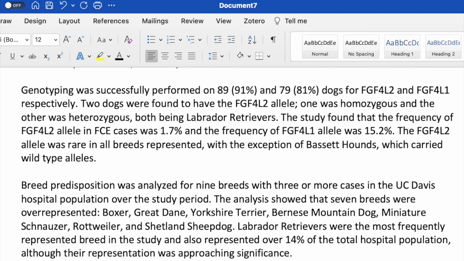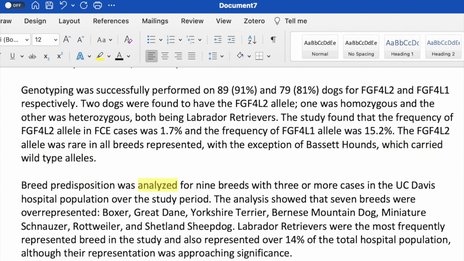2 dogs were found to have the FGF4L2 allele. One was homozygous and the other was heterozygous, both being Labrador Retrievers. The study found that the frequency of FGF4L2 allele in FCE cases was 1.7% and the frequency of FGF4L1 allele was 15.2%. The FGF4L2 allele was rare in all breeds represented, with the exception of Basset Hounds, which carried wild-type